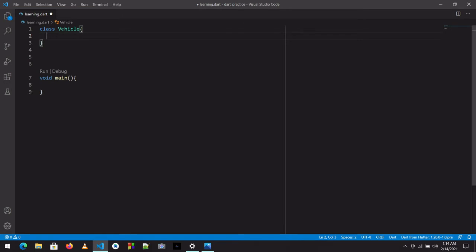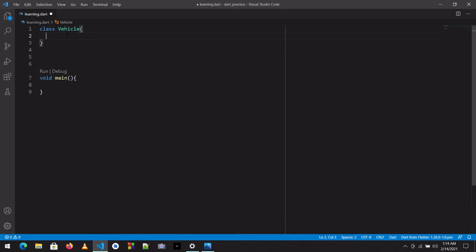Now whatever we write in this Vehicle class will be the attributes, or even the functions, of this class. What are attributes? Attributes are nothing but qualities, or you can say identities, which represent the vehicle. For example, a vehicle has wheels, it has some speed, it has a name. All these things are attributes of this class.